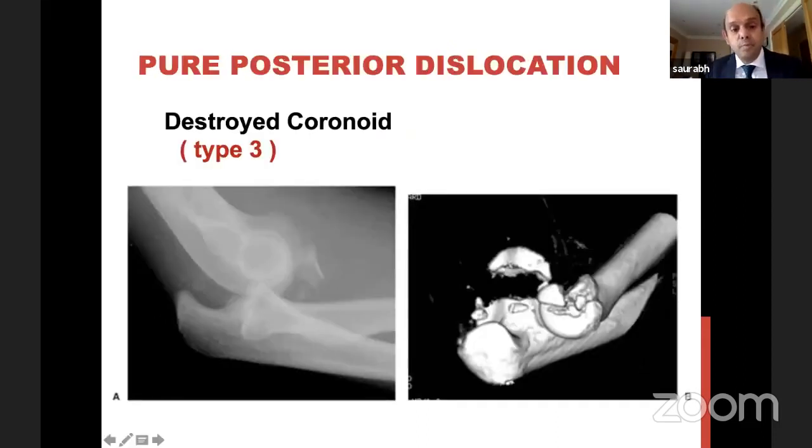And then finally, if it's a pure posterior force, you can see a big chunk of coronoid has come off. So this coronoid, if you divide it into half, that's the anteromedial facet, that's the anterolateral facet. So the coronoid can come off from the tip. You can have an anteromedial facet, you can have an anterolateral facet, you can have a big chunk of coronoid, type 3 coronoid, according to your classification. So again, if you see here, your coronoid fracture or capsule, that's injury number 1, radial head number 2, and both the ligaments for discussion purposes. So these are the 4 injuries which will happen in any terrible triad.